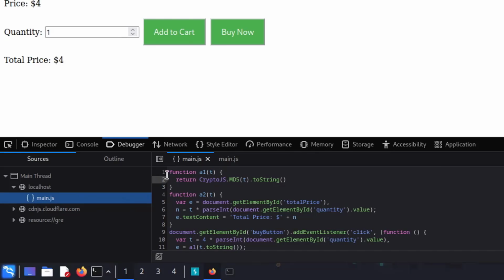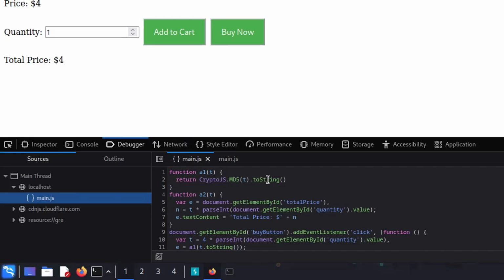You see this is the function, and this is the reason why I told you that you need to have some basic knowledge of JavaScript if you want to really dive into web application penetration testing. From this function itself we can say that it is accepting a parameter and just returning the md5 hash value of that parameter. Whatever value we give, it's just going to return the md5 hash value. So we have understood from this function